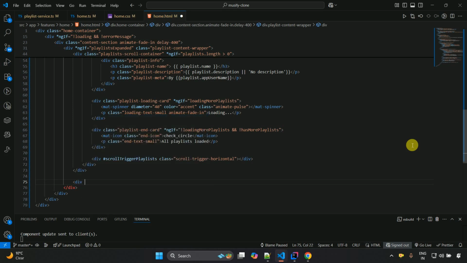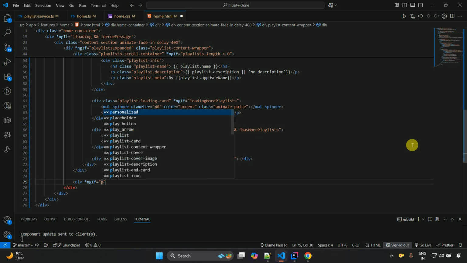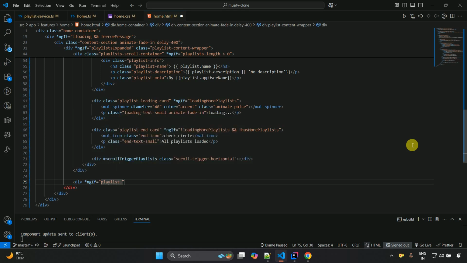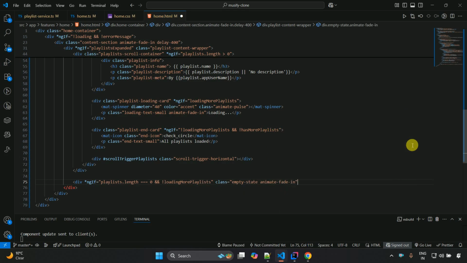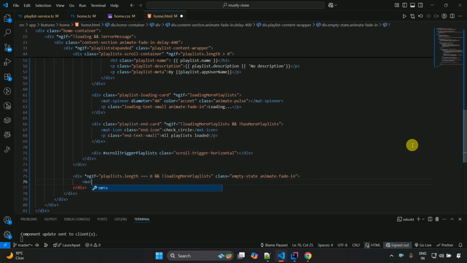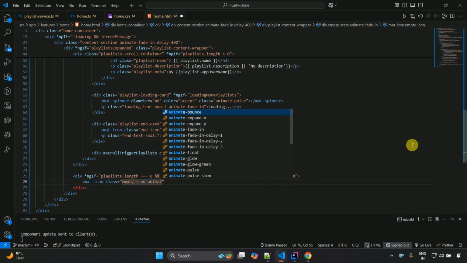So div *ngIf playlist.lists.length equals 0 and not loading more playlists, and then class empty-state and animate-fade-in, this one, and then close it, and after that here mat-icon class empty-icon animate-float,